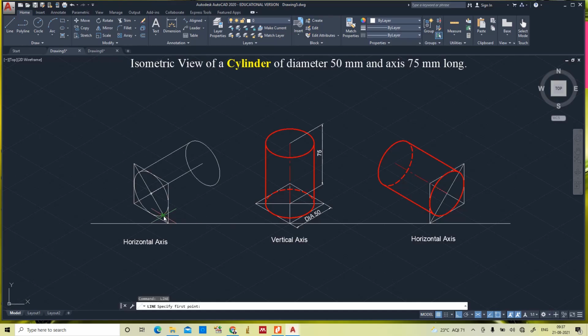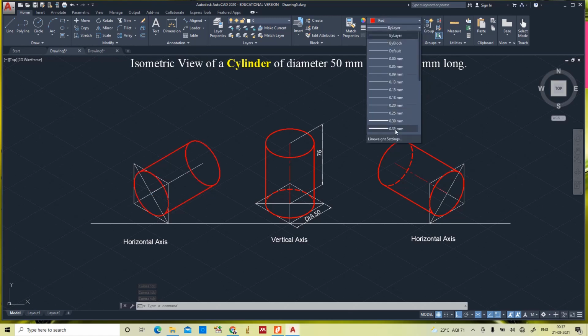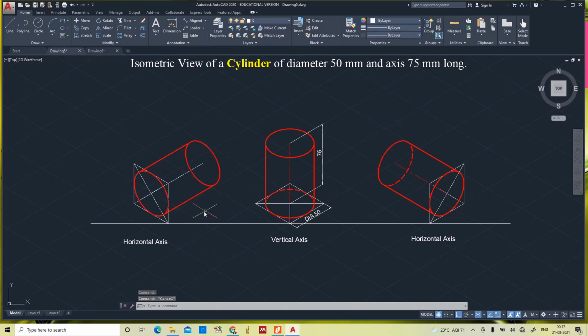Now the same from here, 75, yeah, front base, back base, generator, yes. Now when you observe from this direction, this portion will be invisible.